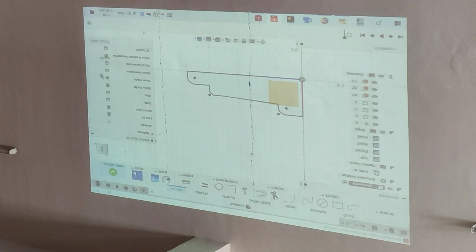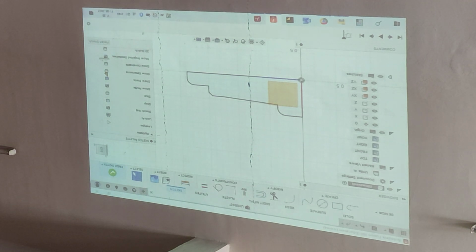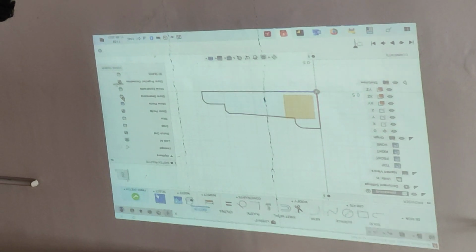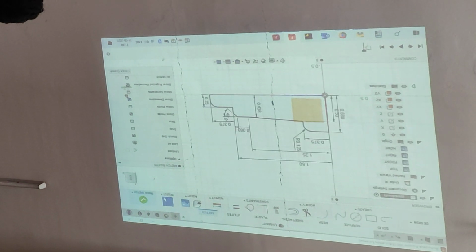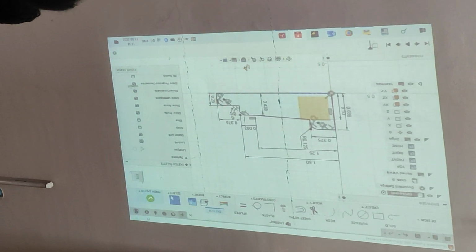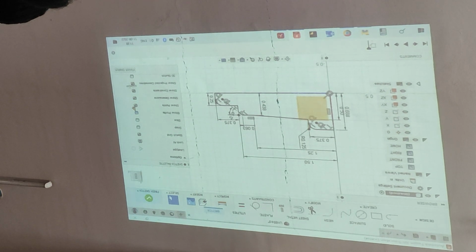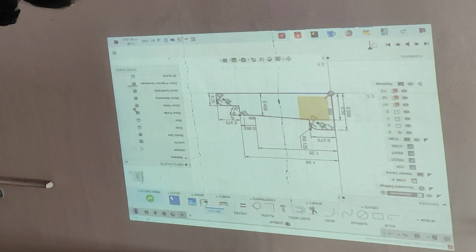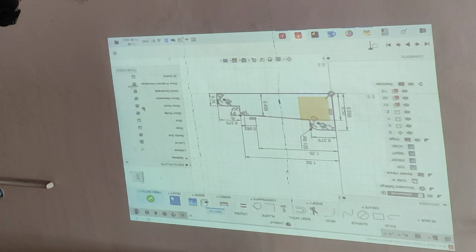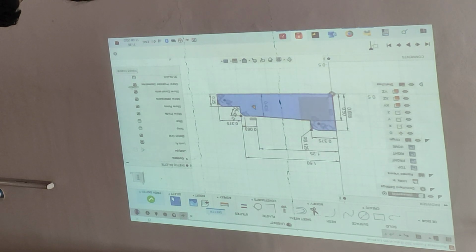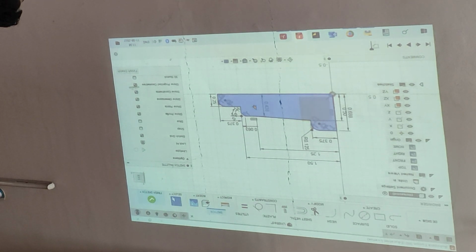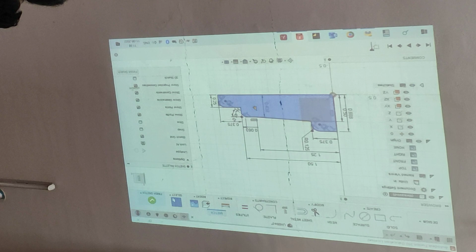Switch off, it will go. Switch off the points. Okay? For your convenience, anytime you can switch on or switch off. Show profile. The close profile, it will close. So when the sketch is fully constrained, I can finish the